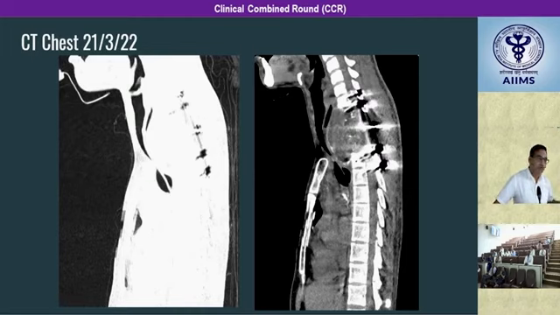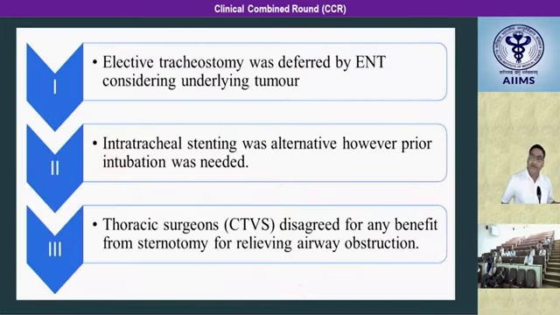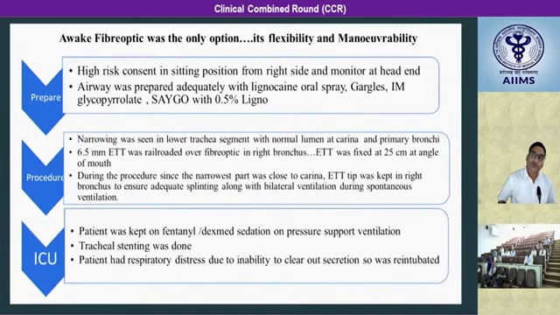So basically, what options did we have? We tried for elective tracheostomy; that was not feasible. We tried intratracheal stenting, but again we needed to intubate first, and only then was it possible. We also discussed with the CTVS surgeon whether they could go ahead with a thoracotomy or sternotomy and relieve us. No. So the last option was, the patient was in spontaneous ventilation, he was breathing well,